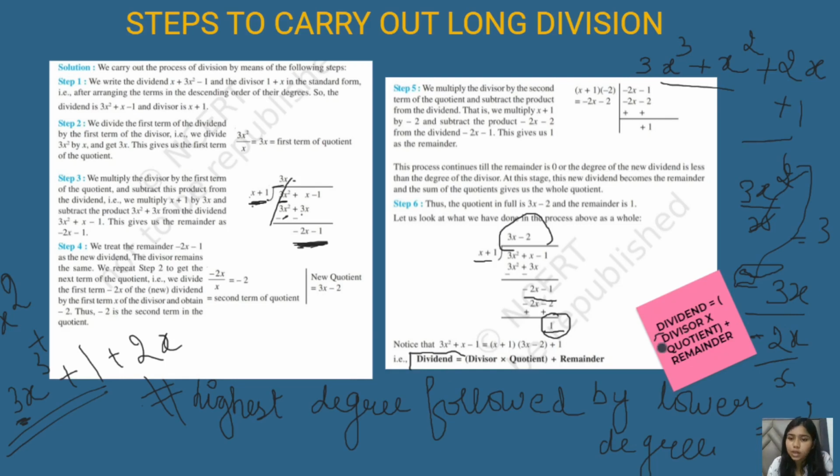The dividend is the term which we put inside the division method. The divisor is the term by which we divide, the quotient is the term which we get after dividing, and what we get at the end is the remainder. So in this particular long division, this is the dividend term, this is the divisor term, this is the quotient term, and this is the remainder term. Let's look at another question so that we can carry out the long division and show you how it is done.